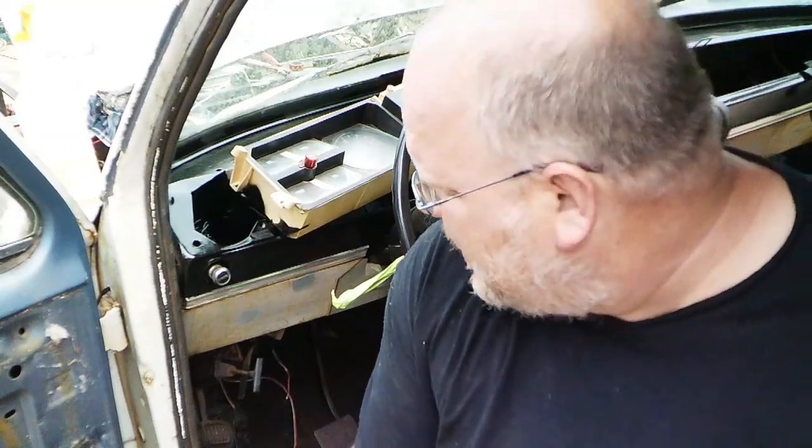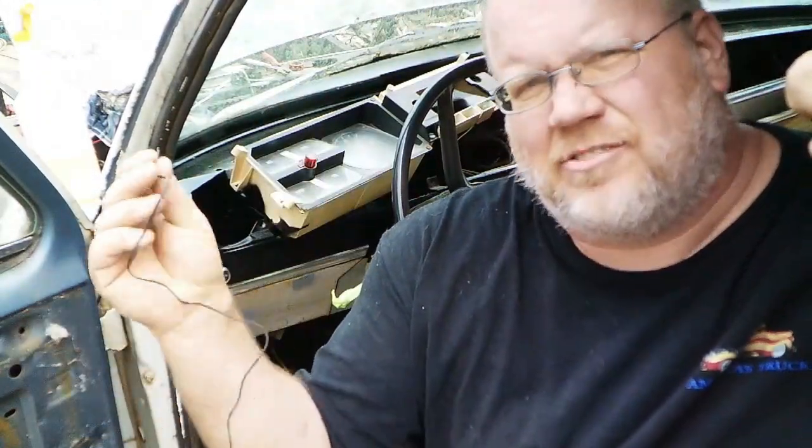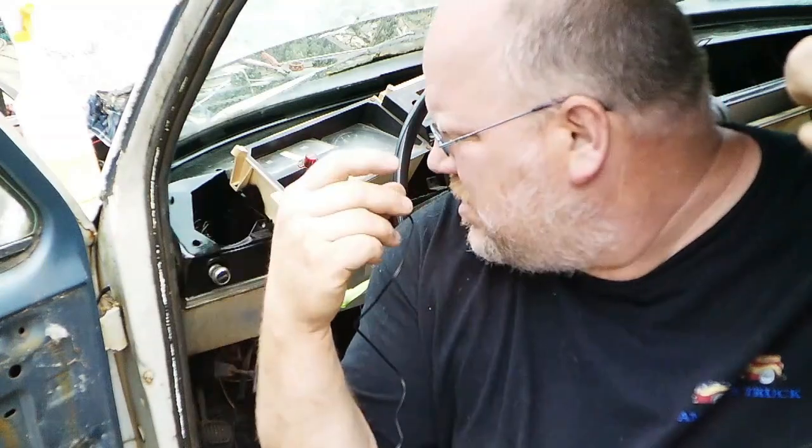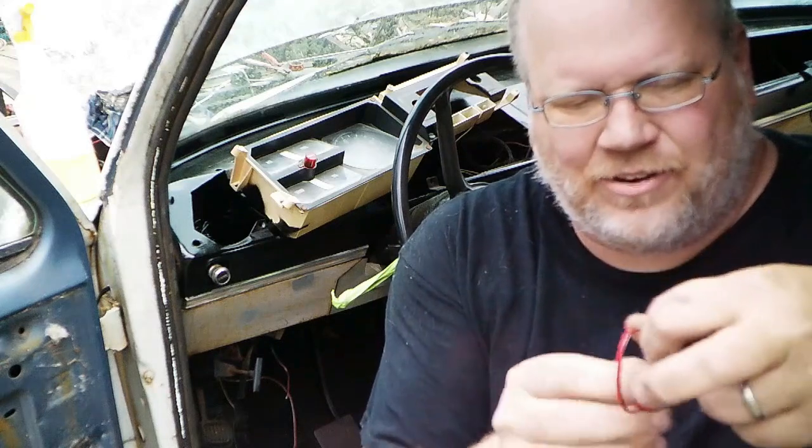And yeah, if I hadn't sealed up that hole, I'd just pop this out too and put it somewhere between the outer and inner fender. I don't really know where I should put this, to be honest with you. So I'll figure out somewhere to put this, and that's where it'll end up going. But nonetheless, for right now, I do need to run a hot wire